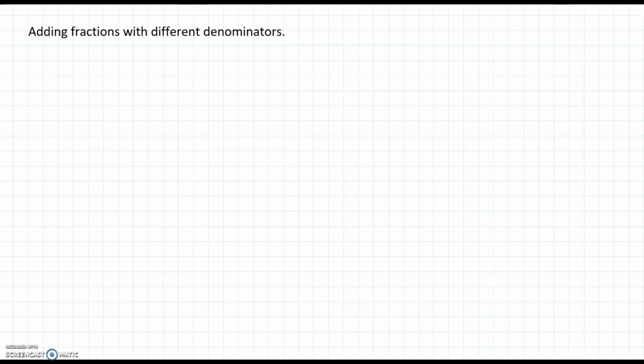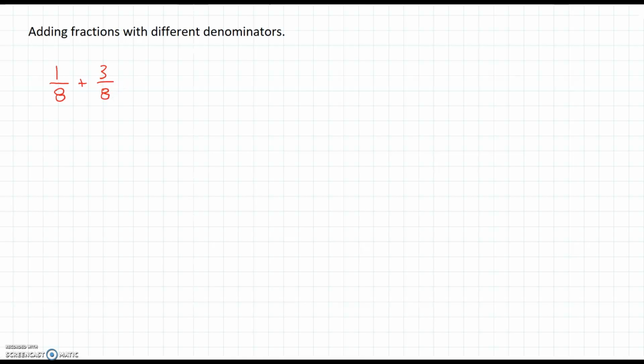Okay, today we're going to talk about adding fractions with different denominators. Before we jump into that, let's review adding fractions with the same denominators. So for example, if you had 1/8 plus 3/8,